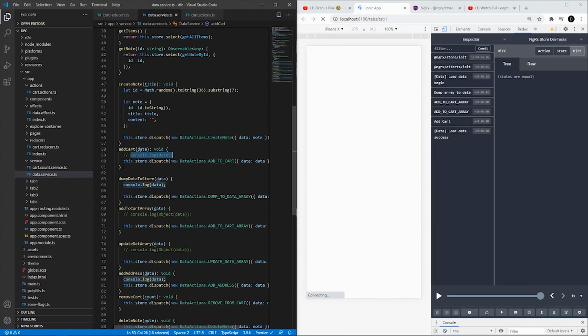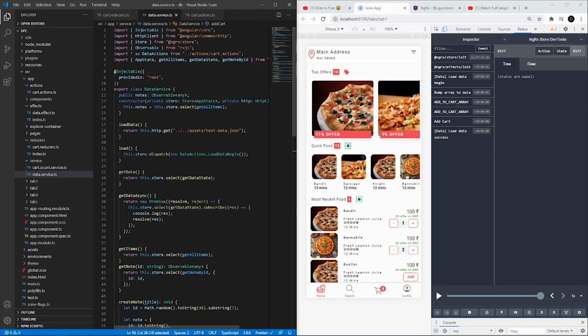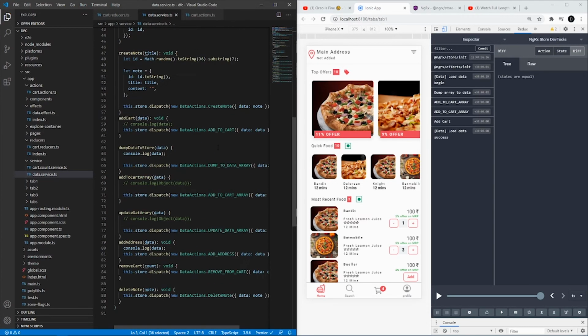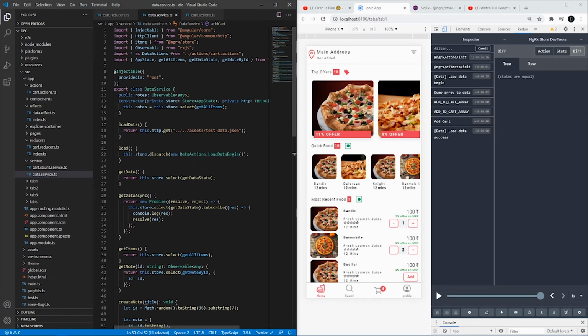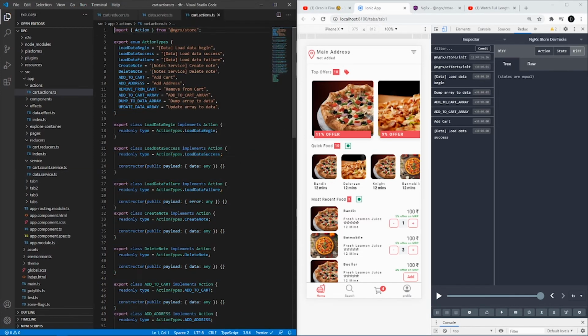Here, just make sure you are importing a store, and you're going to dispatch something to the store. The word itself will define what dispatch is. I will not explain again. So you're going to dispatch this data action to add to cart. Let me tell you what data actions are. Data action is nothing but the load data begin, which I've given in my data actions. If you go to my action tab, if you see here,